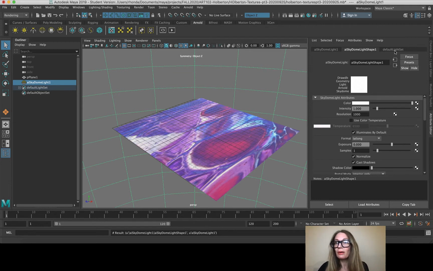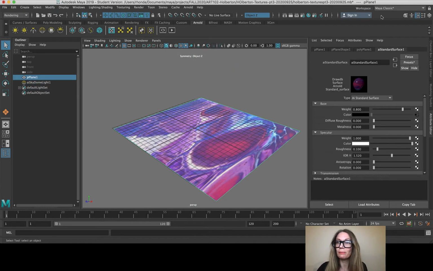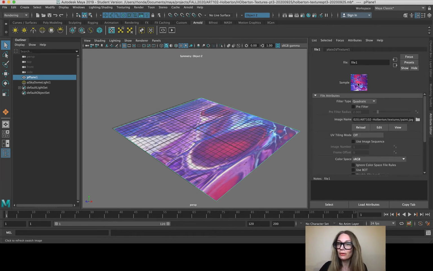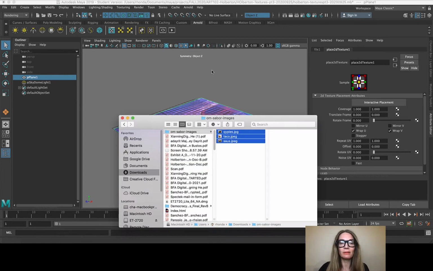Okay, so now I'm going to go back into this Sky Dome here, select my plane, go back into my AI standard surface, and then scroll up and make sure that I'm going into my color tab here. So I can click down into the file node, and then next to file node, I can go into place 2D texture. So this is going to allow me to change how this image, this file, sits on top of